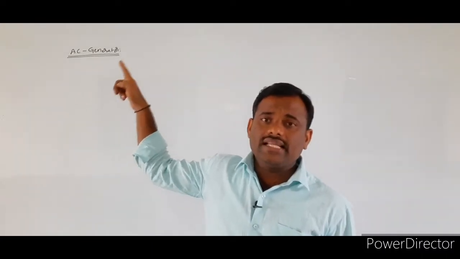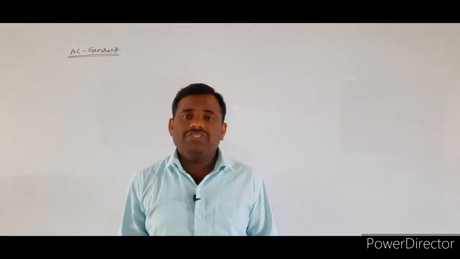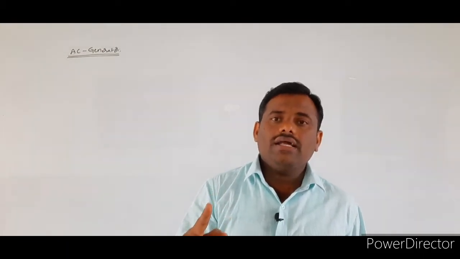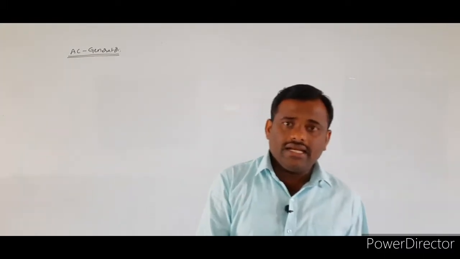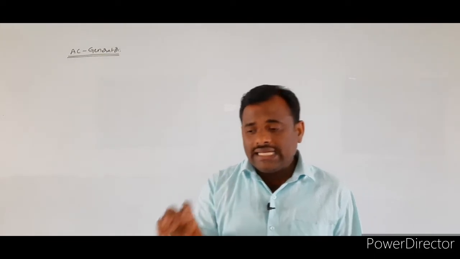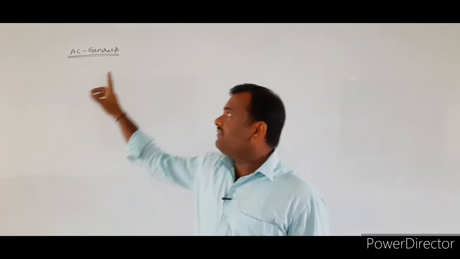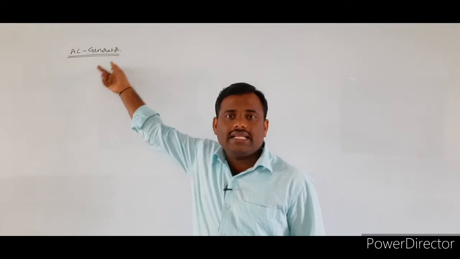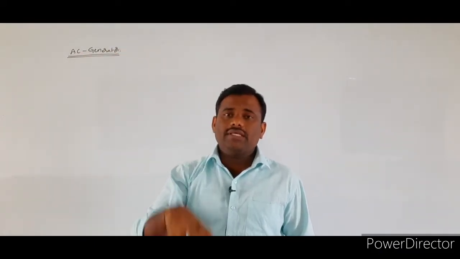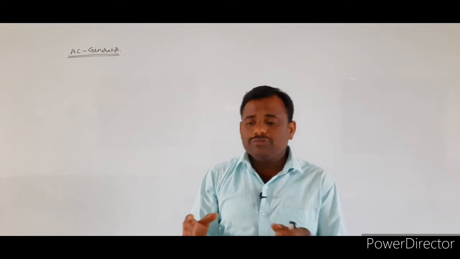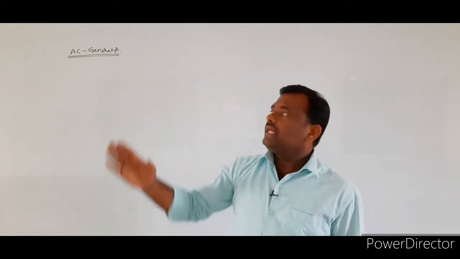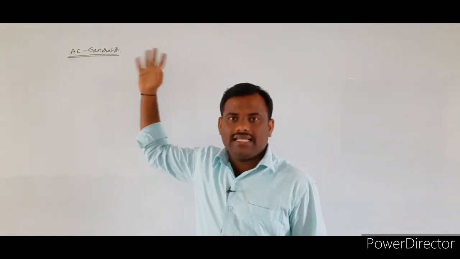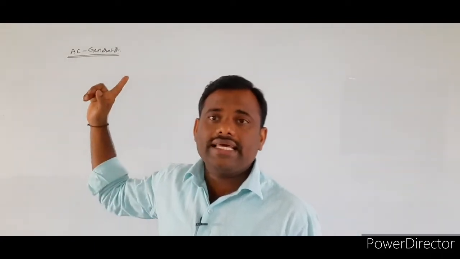This device, that is nothing but AC generator, will be the device which is producing the alternating currents. So here, who are producing the alternating current? Means to produce the alternating current, one device is needed. That device what we are calling as AC generator. But whatever the mechanism is going inside the AC generator, means up to now what we discussed in the basic, the same thing is going on in the working of the AC generator. So how can we define the AC generator?